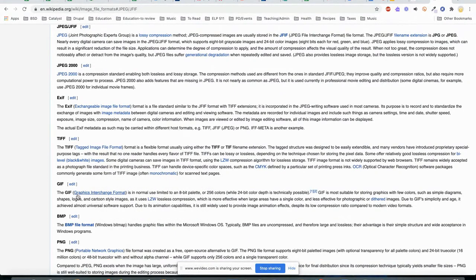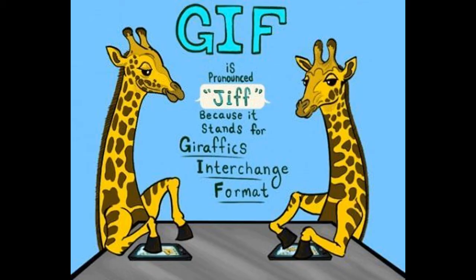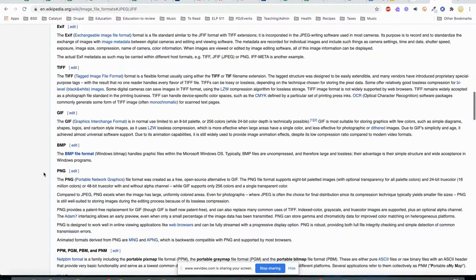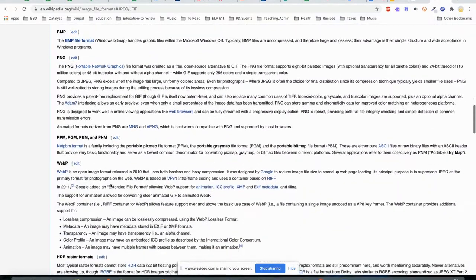A GIF, not GIF, by the way. GIF is a graphics interchange format. That's what we're going to be making at the end of our Google Slide project with WeVideo and Scratch. So again, it's GIF. PNG stands for Portable Network Graphics,